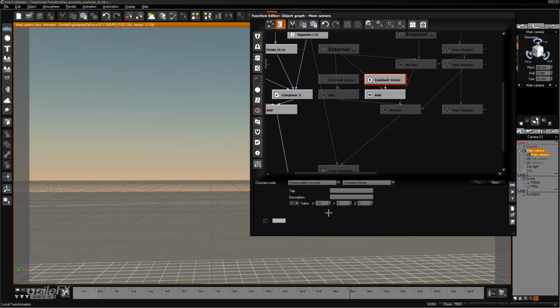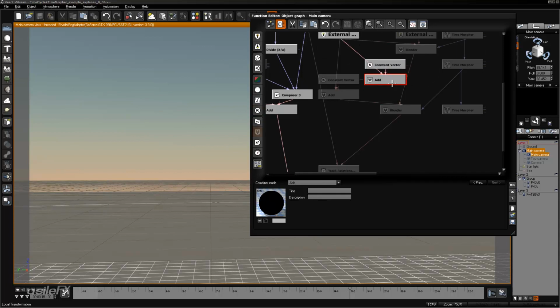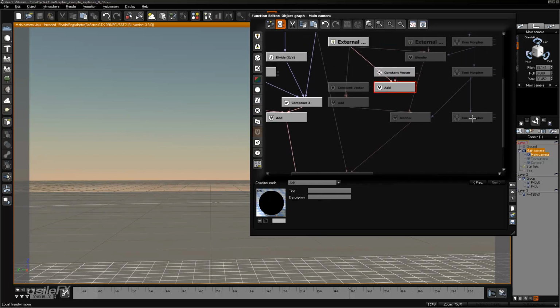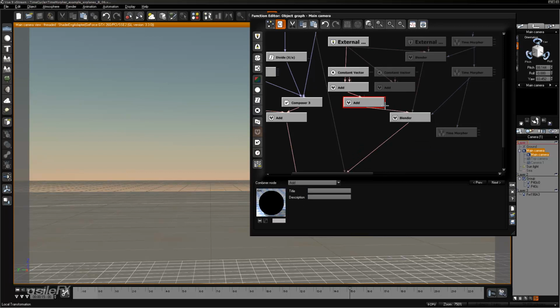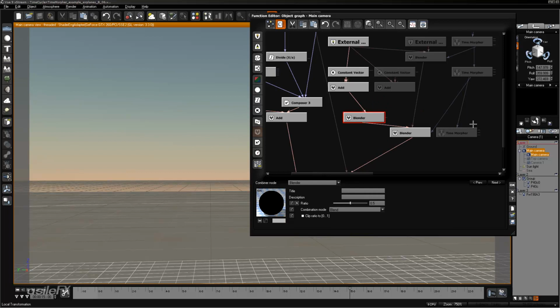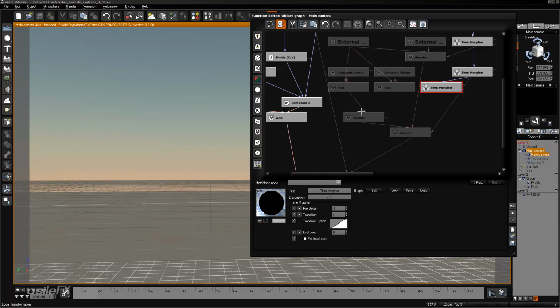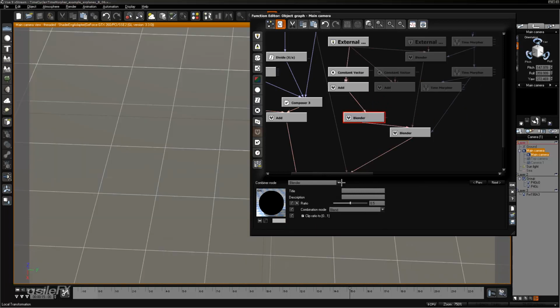So just going behind the plane a little bit. And we're going to take these two and blend them. The combiner node, blender, clip our ratio,